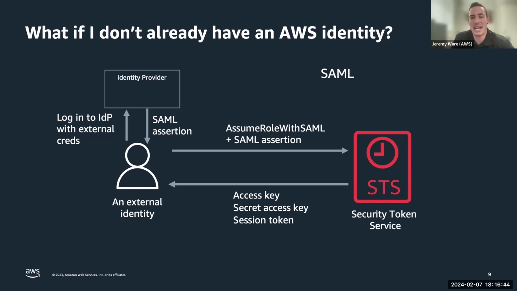So if you don't already have an IAM user set up or an IAM identity, it's not set up directly for IAM Federation assume role. There are a couple other mechanisms that you can use to ingress or work your way into the AWS platform as a workforce user. One of those is setting up IAM Federation, right? So for this example, we could configure a SAML integration with IAM. It's called IAM Federation with assume role with SAML.